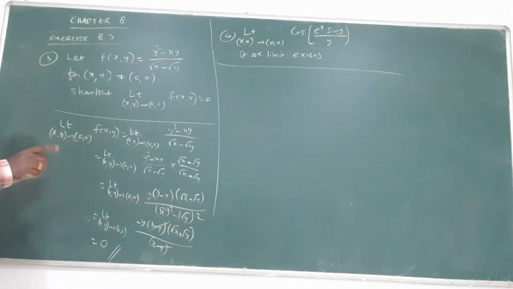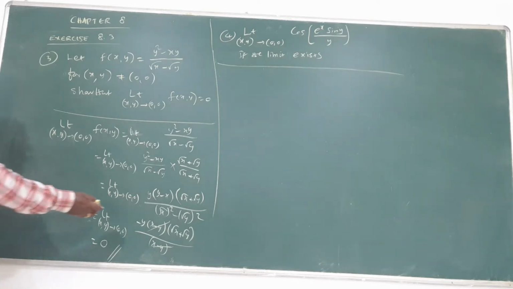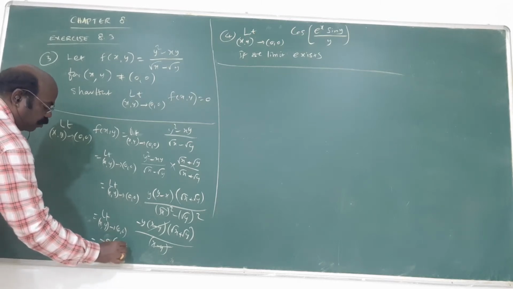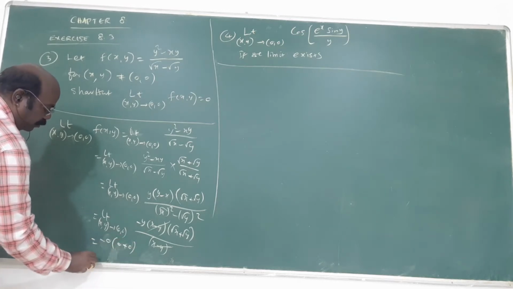0 comma 0 will not go away, but 0 is coming in the denominator, and denominator 0 means it is wrong. After cancelling, we get the answer only 0. That is the answer for you. What is the good answer? There is minus 0. Minus 0. Here 0 plus 0, totally 0. That is the answer.